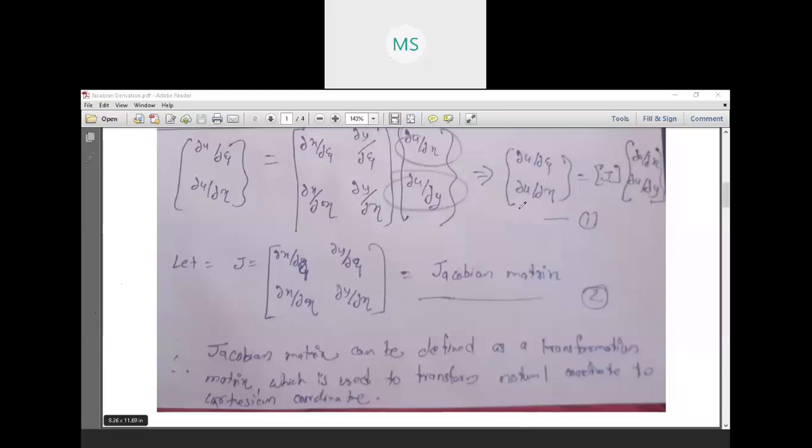Okay, so you can see here, this is your natural coordinate system, and this is your Cartesian coordinate system. Now if you want to travel from the natural coordinate system to the Cartesian coordinate system, you have to use a machine known as the Jacobian matrix. So this Jacobian matrix, when it is divided by this one, will give you the Cartesian. That's why it is known as the transformation matrix, which converts the natural coordinate into the Cartesian coordinate system. Understood till here? No doubt. Now we can move further.